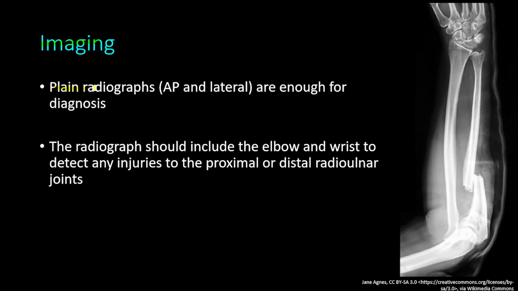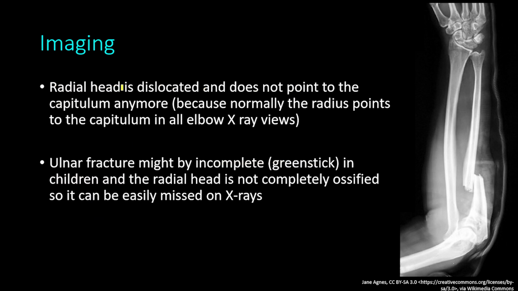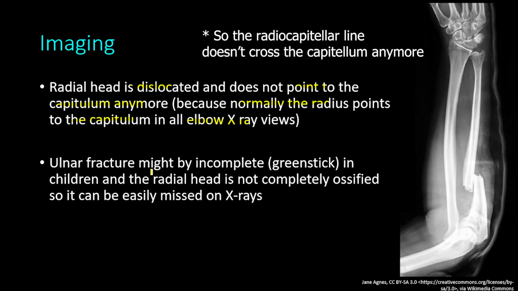Now let's talk about the imaging in Monteggia fracture dislocations. So the plain radiographs, the anterior-posterior and the lateral x-rays of the forearm are usually enough for diagnosis, and the radiograph should include the elbow and the wrist joint to detect any injuries to the proximal or the distal radio-ulnar joints and the other joints. And the radial head is dislocated and does not point to the capitulum anymore, because normally the radius points to the capitulum in all elbow x-rays, and in Monteggia fractures it is dislocated, so it does not point to the